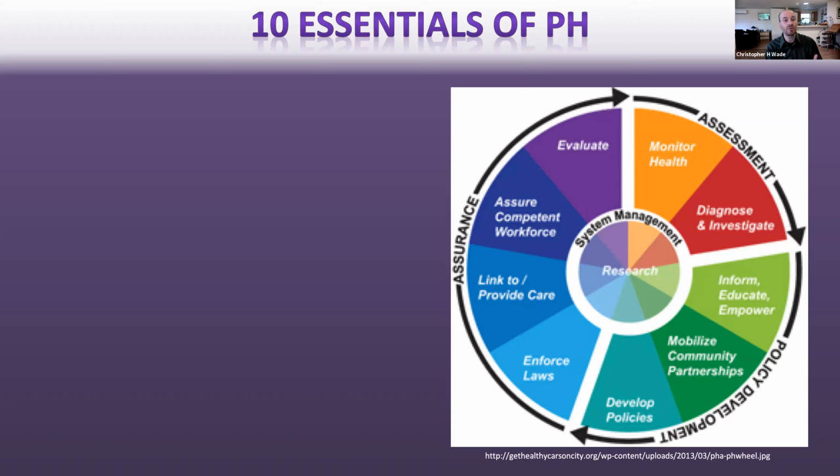These different factors actually interact with each other a whole lot. Then we also have, in the center circle, systems management that connects across all of these, and that's connecting these different factors. And in the very center, we have research. The reason that the center is research is that research, getting new information about health, is a key component to actually making this whole cycle work. We have to do research, we have to get data and information and strategies to help us to do any of those elements well. So that's the research side to the 10 essentials. So that's the outline of the 10 essentials of public health.